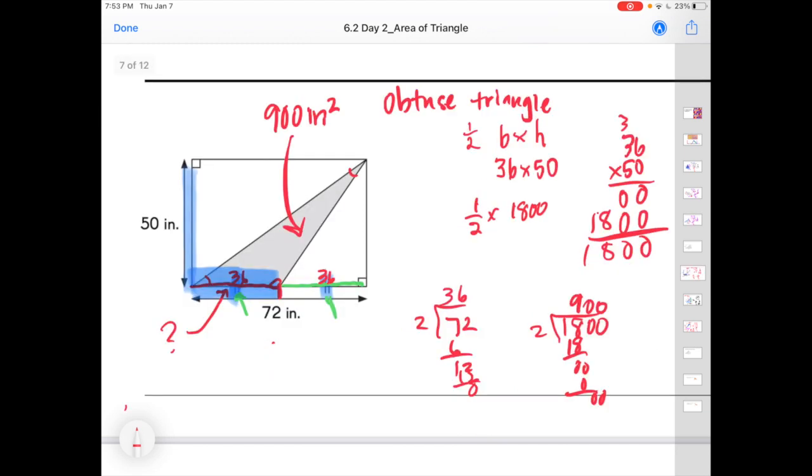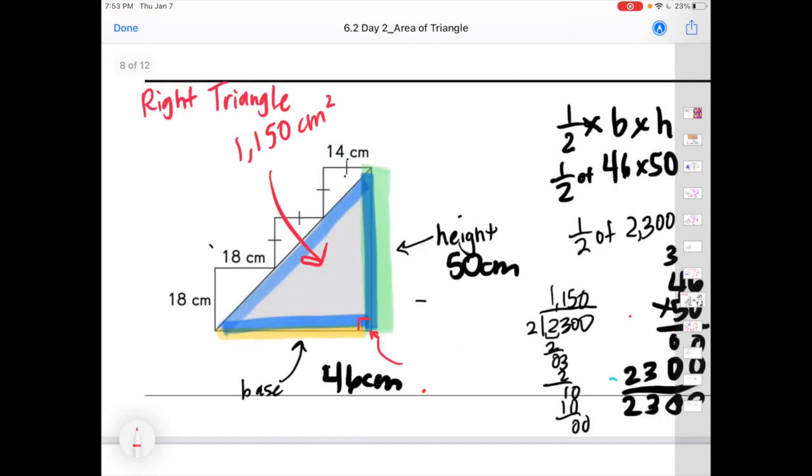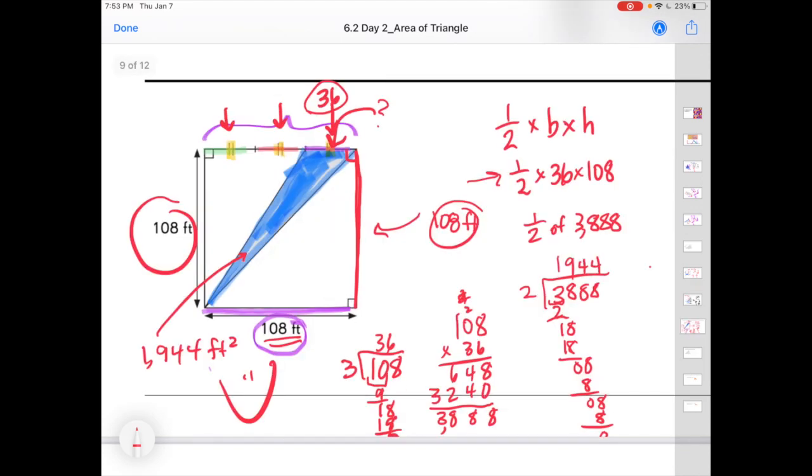And then we did a few trickier triangles where we were given measurements of lengths, but not necessarily given the exact base or height. And so we used clues like these tick marks that mean that these two sides have the same length. We used those clues to help us solve finding that missing length measurement, and in order to find the area